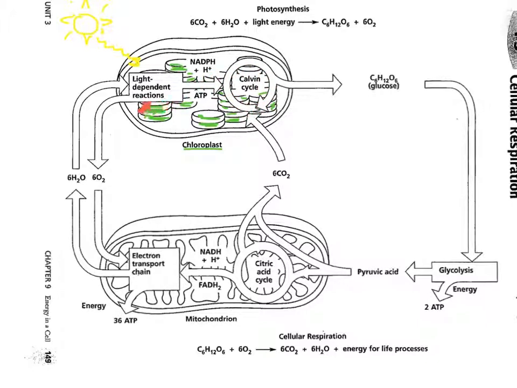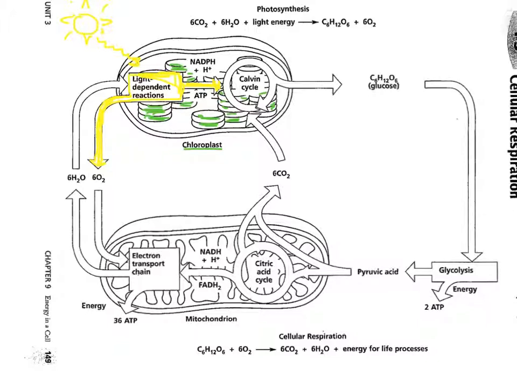So we start with the very first one. If I go to the light dependent reaction, the product of this is going to be something called NADPH plus H, but it's also going to give off a waste product. And that waste product is going to be the oxygen that you and I breathe. I'm coloring mine in yellow because this helps me remember that it's from the sun,